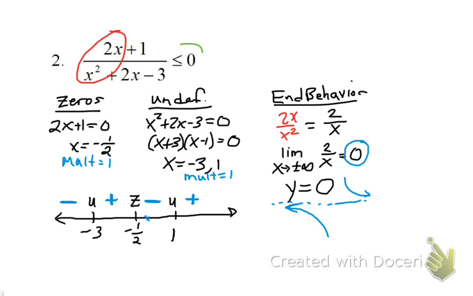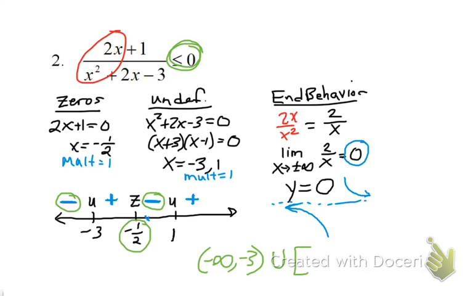We look at the inequality to determine where this expression is less than or equal to 0. Well, here's the less than part, here's the less than part, and there's only one equal to part, and that's the negative 1/2. So our final answer is the interval from negative infinity to negative 3, not including negative 3 because that makes the expression undefined,